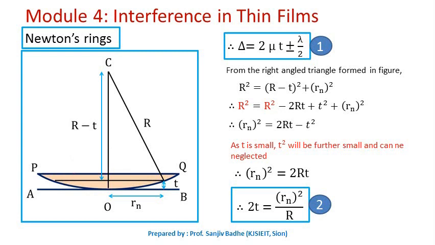These reflected light rays will interfere with each other and give rise to the interference pattern. This interference pattern is obtained in the form of rings, and these rings are called Newton's rings. We have seen the optical path difference between the two light rays reflected from the upper surface of the film and the lower surface of the film is given by 2 mu t plus or minus lambda by 2, after approximating angle of refraction r equal to 0 for normal incidence and angle of wedge theta also equal to 0 for large radius of curvature of this spherical surface.